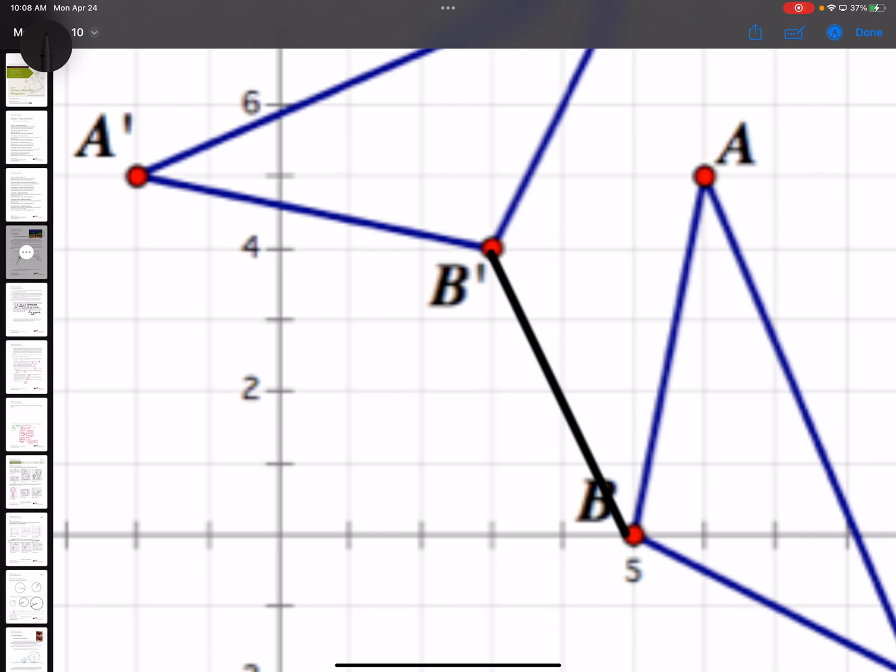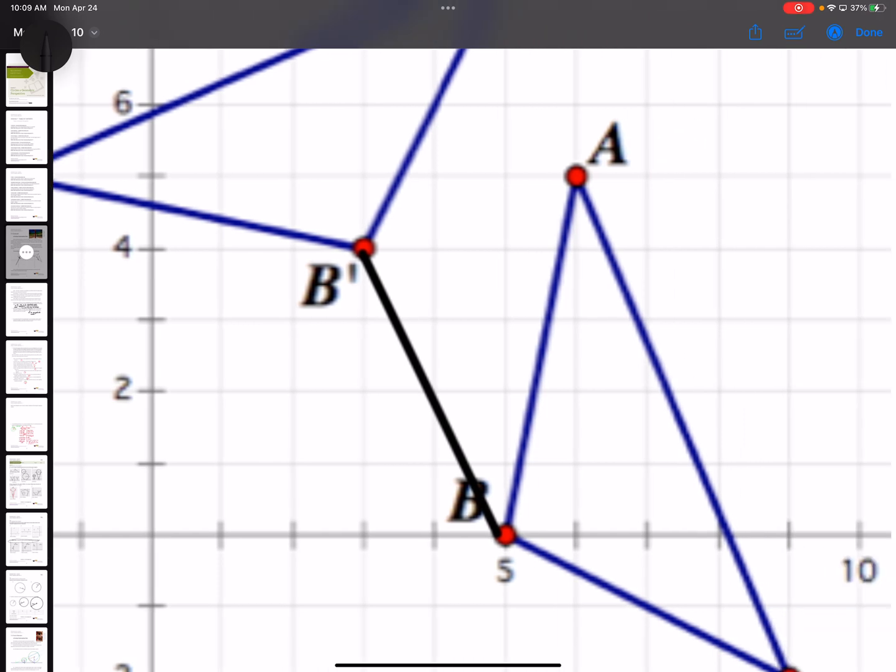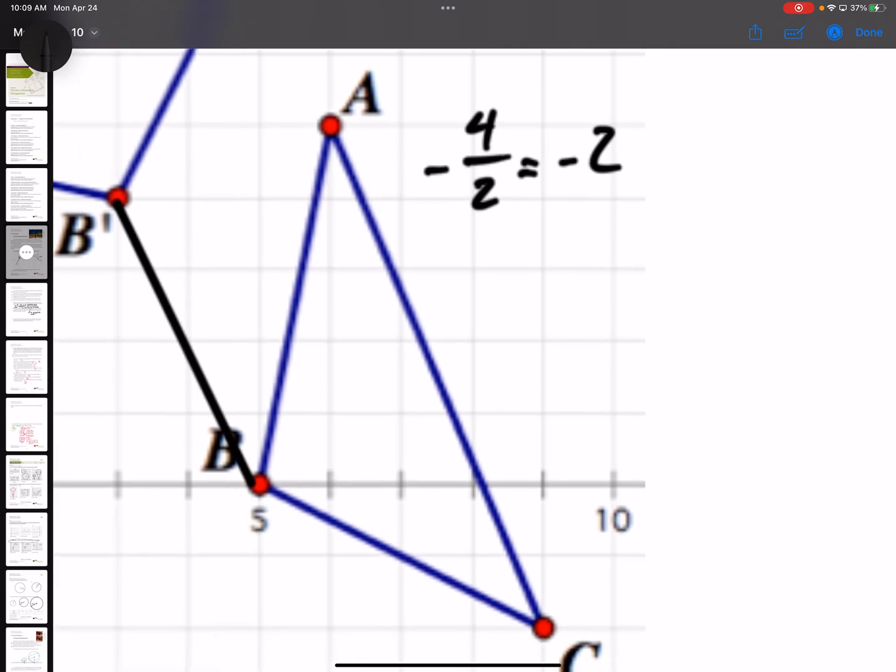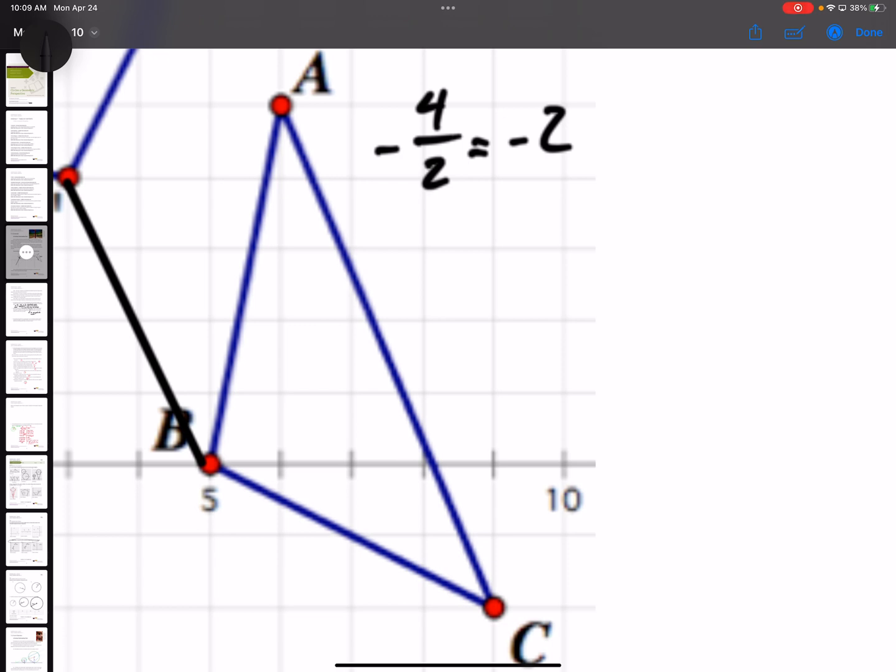What is the slope right now of b to b prime? Negative rise of 4 over a run of 2, what is a simpler way to say that? Negative 2, right? Which I acknowledge is negative 2 over 1, yeah? The perpendicular bisector, or the perpendicular line to this line, will have the slope that is the opposite reciprocal. So that means opposite sign and the reciprocal of the number, okay? So perpendicular,